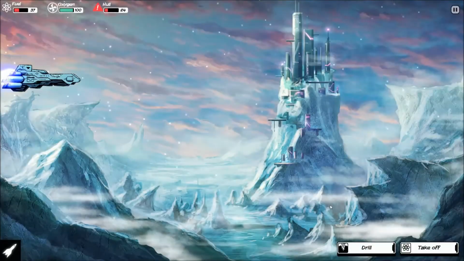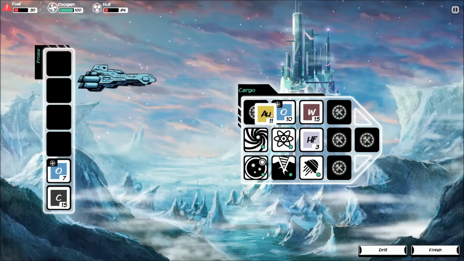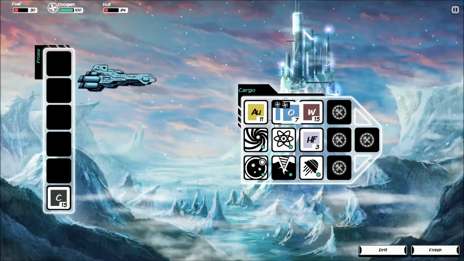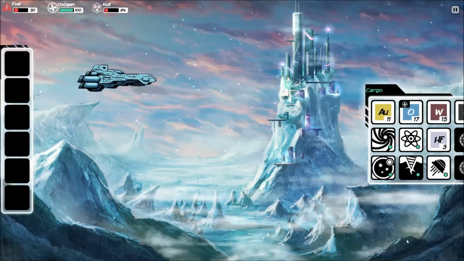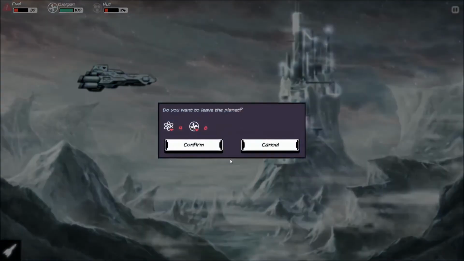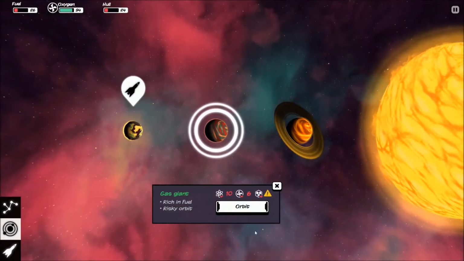Right, so now what I'm going to do is probably a bit unethical. I'm going to drill in this populated planet. Gold! We like gold. No iron though. Fuck. Right, so I need to take off. I guess I don't have many options but to...